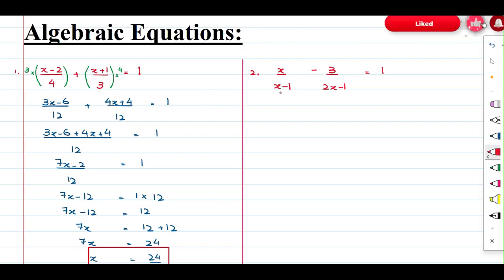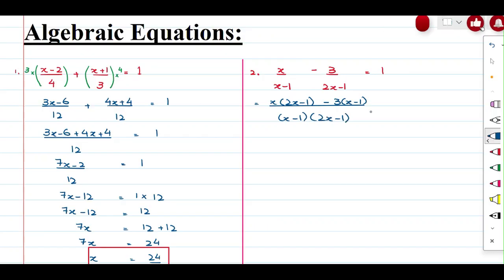But now here you have expressions in the denominator. You don't have a simple whole number or a natural number. You have expressions. So how can we do this? We need to cross multiply it basically, right? Okay, so we need to cross multiply it. So here we can say 2x minus 1 is multiplying with x. This x is multiplied with 2x minus 1. Negative 3 is multiplying with the expression x minus 1. Divided by, we need to combine the denominators, which is (x - 1) times (2x - 1), and that equals